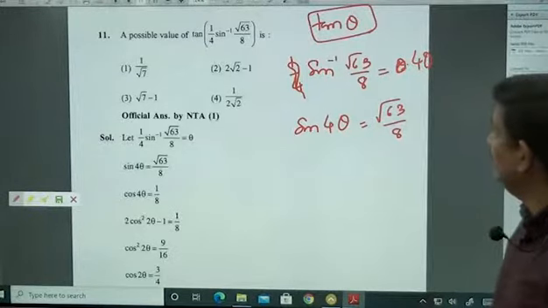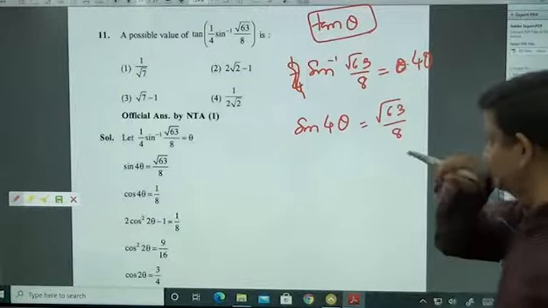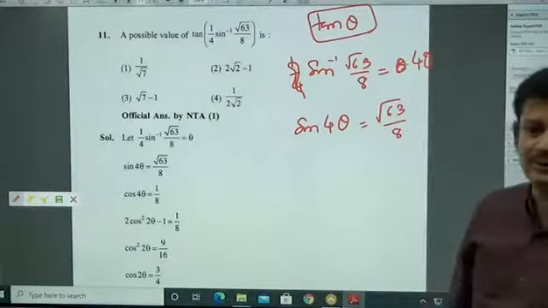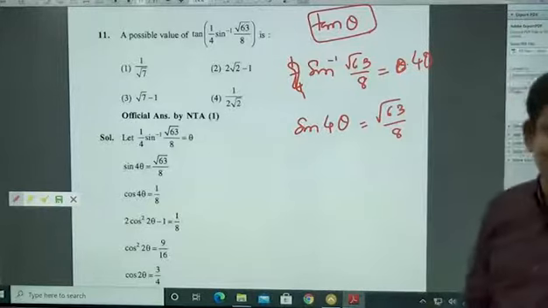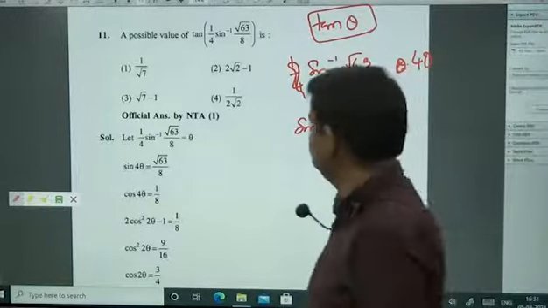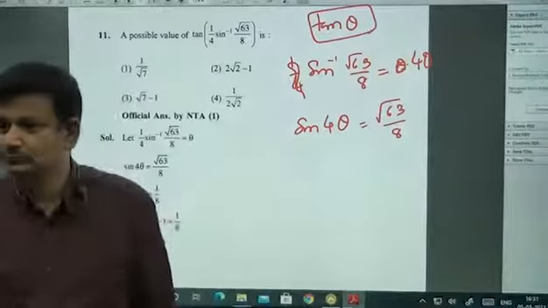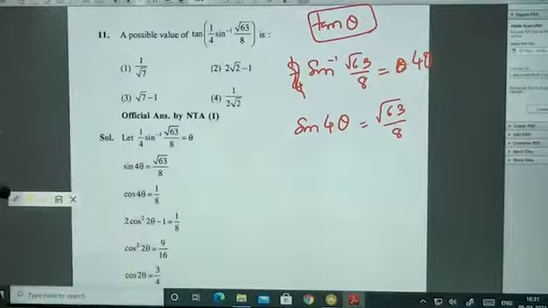So it's better always to start the question the other way around. Take tan theta as 1 by root 7. Find sin 4 theta and check whether it is right or not. Okay? Sensible or not?